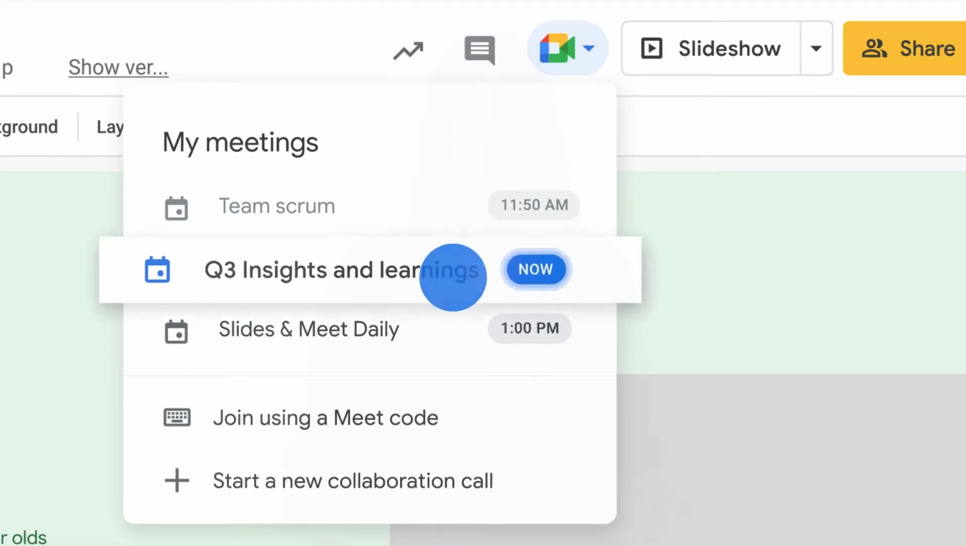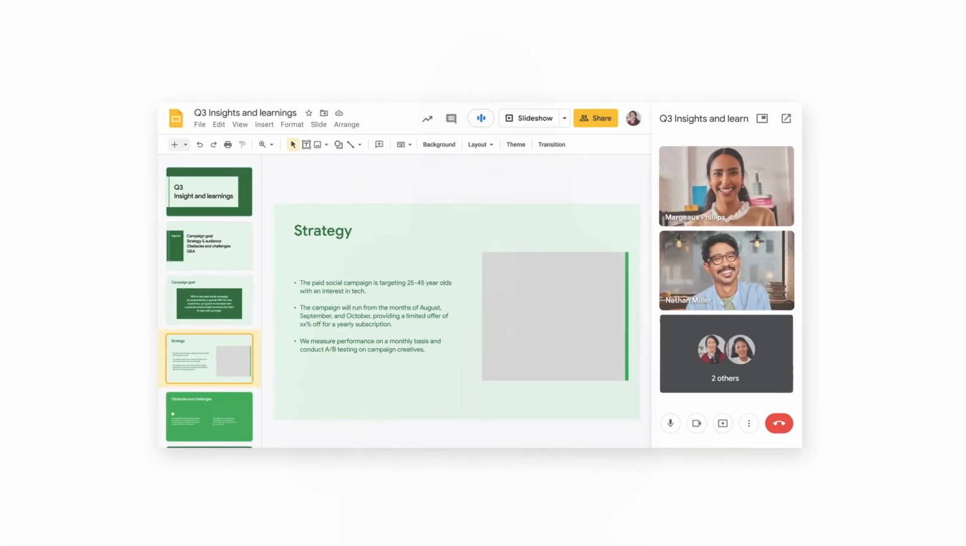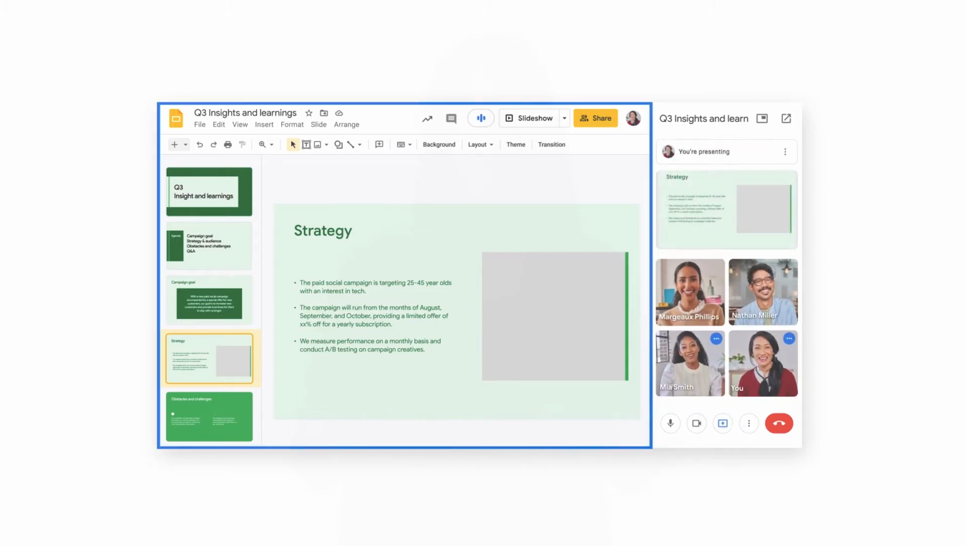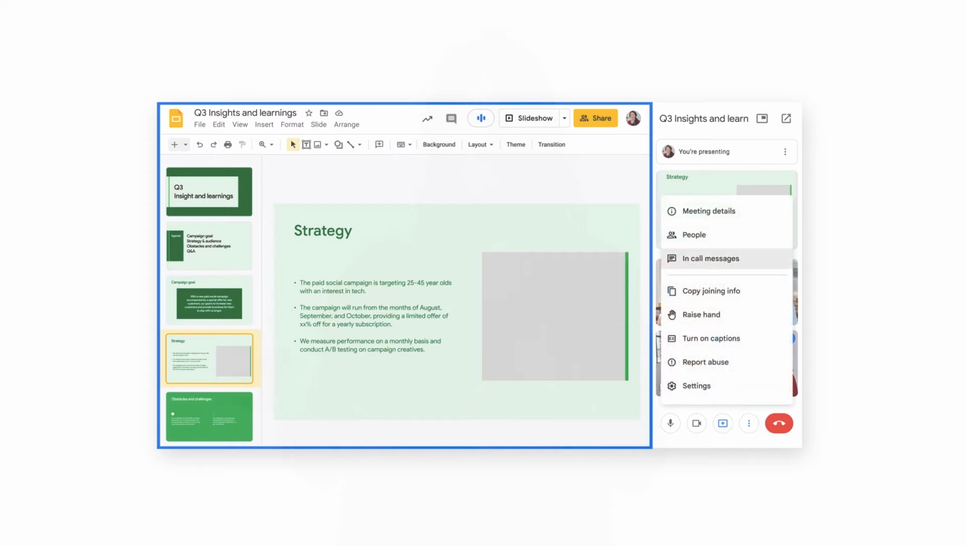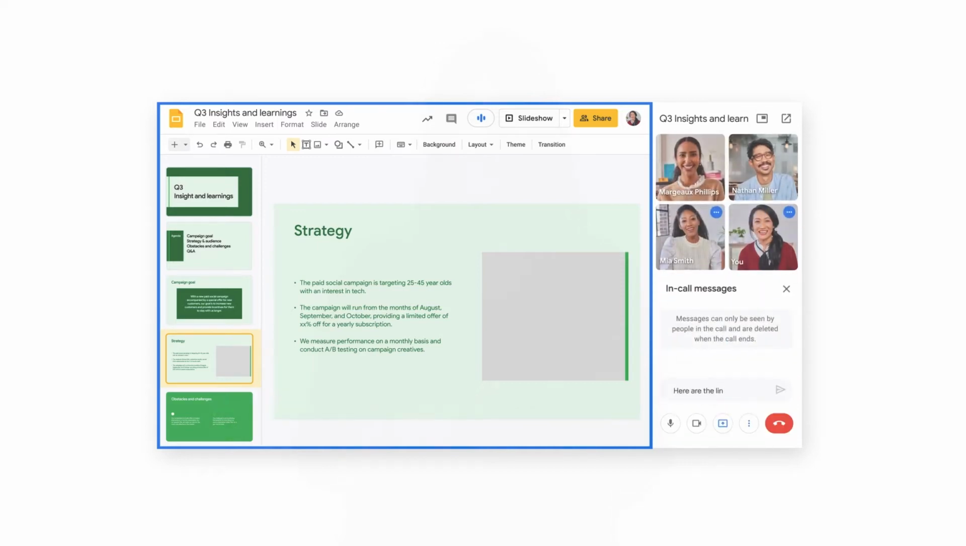Doing this will launch the meeting in a sidebar so you can see the participants and your file at the same time. You can then share your view of the file so people can follow along. You can also send them a link to the file using the meeting chat so they can edit with you